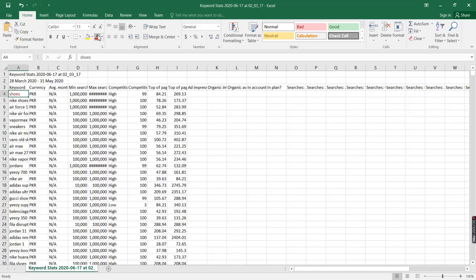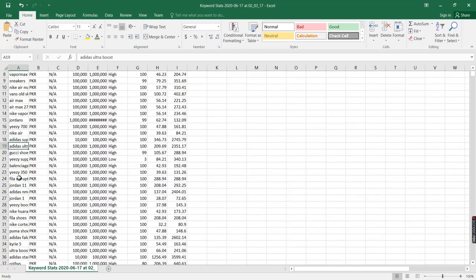So click on this shoes keyword, and here I can apply a color, like green. And now we have to explore all the keywords one by one, and if you find a keyword appropriate for your content description, you can highlight it as green, and by the end of all the keywords we can extract all the green keywords, and we can use those green keywords as target and optimized keywords in our content or product description.